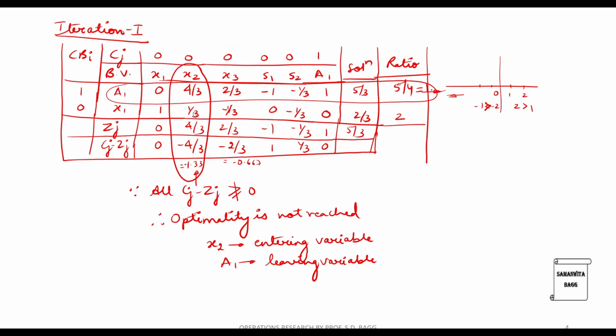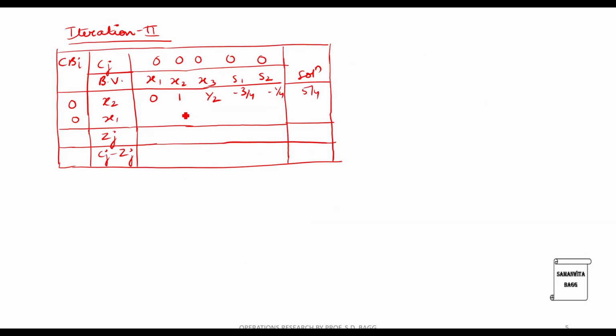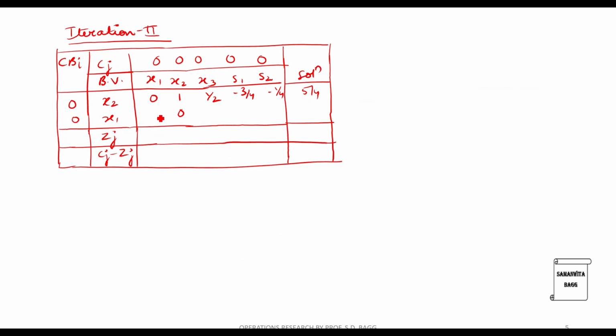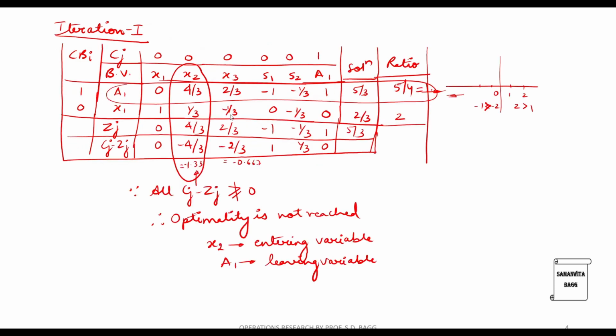Next, we will observe x2's number over here will be 0 because it is lying in the key column. Then I'll start solving here. This one, I don't have to solve because it is 1 minus 0 into this number. So it will remain the same. Next, we will solve for x3 here. So this is minus 1 by 3 minus 1 by 3 into 2 by 3 divided by 4 by 3. So 1, 3 gets cancelled. Minus 1 by 3 minus 1 upon 12. Also you have a 2 here. So this becomes 2 by 6.